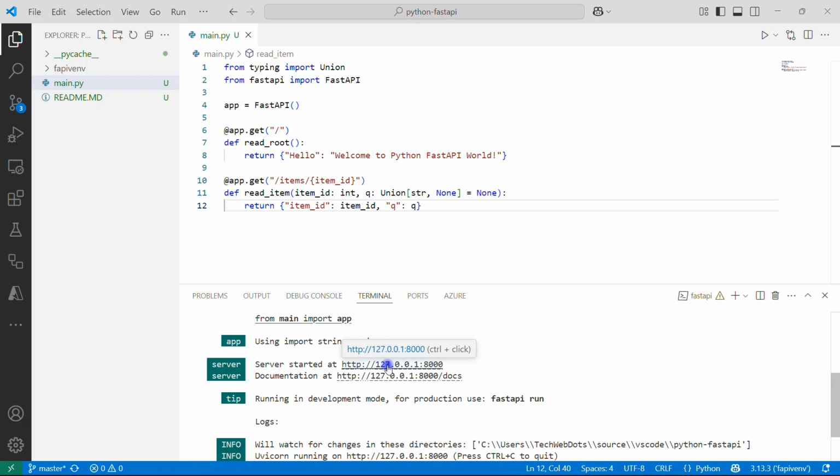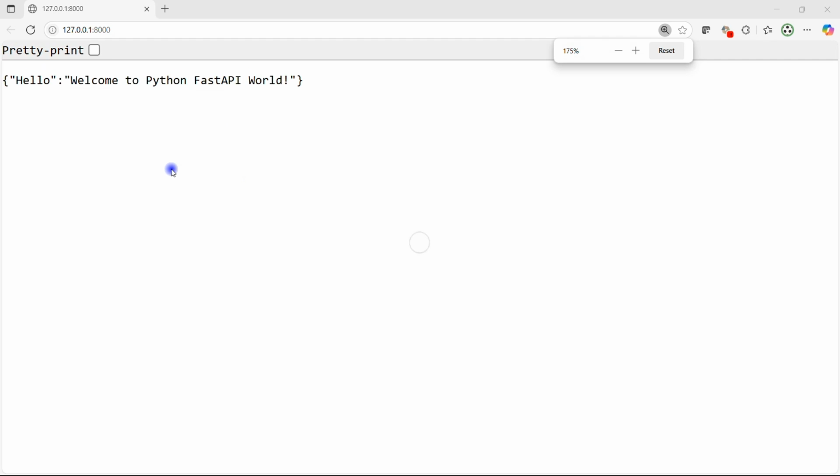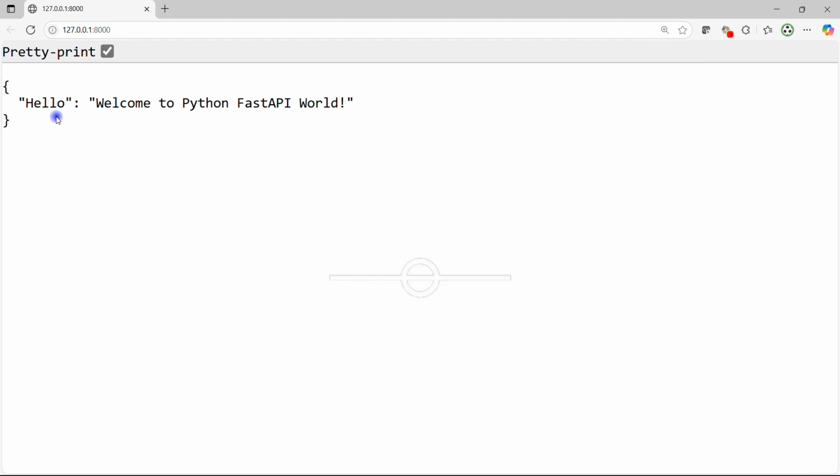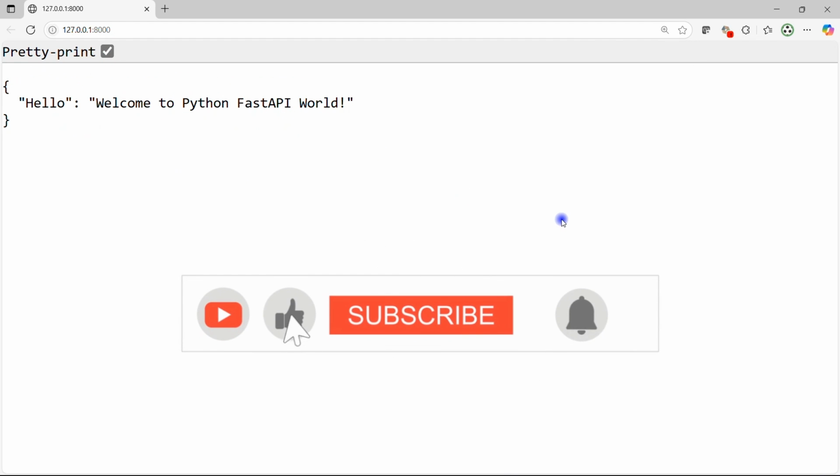Server started here, and the documentation of this API you can easily get on this. First, see the server started at the first URL, which is port 8000, and the IP address is 127.0.0.1. If I click here, I can see the response that we mentioned: Hello, welcome to Python FastAPI world,